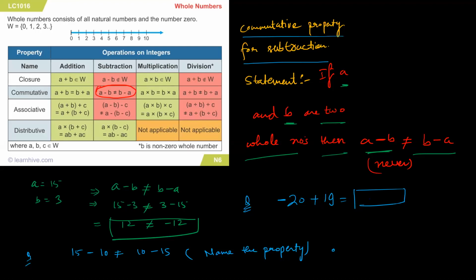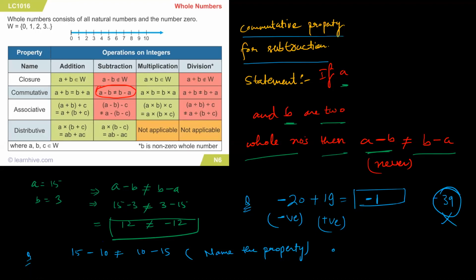So the answer is -1. The answer is -1. -39 is not the right answer. This is wrong answer. What do you have to do if one number is negative and the other number is positive, then you always subtract the given numbers and use the sign of the greater number. So here negative number is greater, that is why the answer will be negative. Okay. So this is the property of